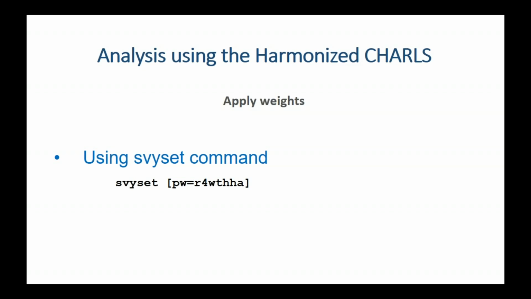Because the data set doesn't provide stratification or cluster information, we really just have our weight to take into account. So all we need to say here is svyset, and then [pw=], meaning probability weight, is equal to that weight variable that we identified: r4